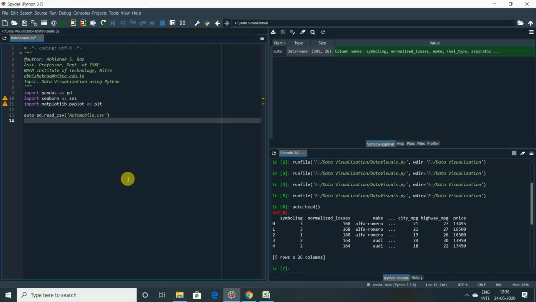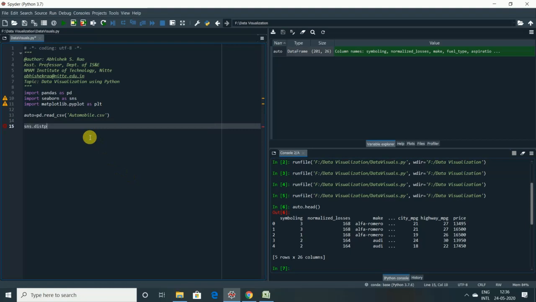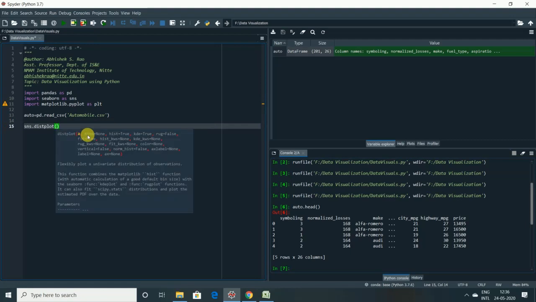Okay, so what I'll do is I'll just execute the distribution plot, using the sns library, sns.distplot. Okay, using distplot, I need to call the data frame, and from the data frame, we need to target the single variable, which is a continuous variable or numerical data. Okay, so in the dist plot, let me take the auto data frame. In the auto data frame, I'm going to consider normalized losses, which is the first variable in the data set. Normalized underscore losses.